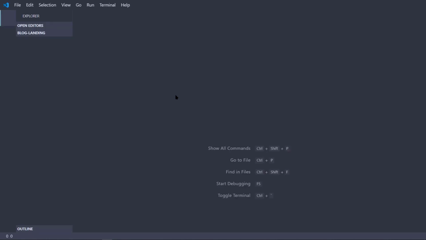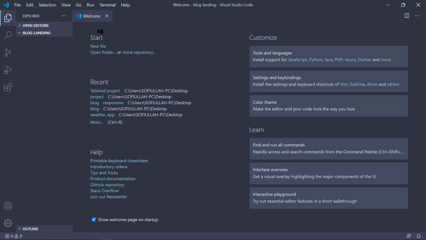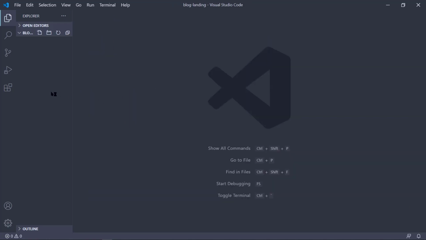But I like Visual Studio Code because it has an integrated terminal. It comes in pretty handy in these cases because if the editor doesn't have a terminal, then we need to shift between the command line and the code editor. So if you are not using Visual Studio Code, then you may need to use the terminal. That's okay because all of the commands are the same. So we are going to install Tailwind CSS into this project folder.